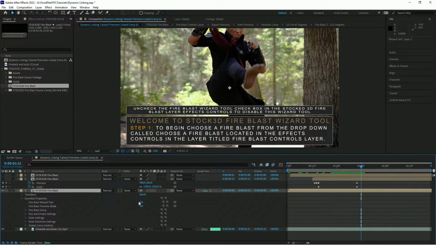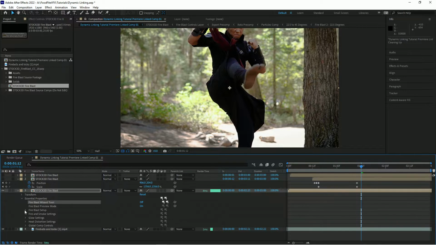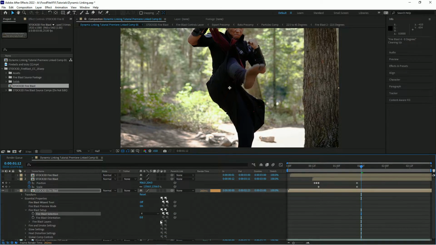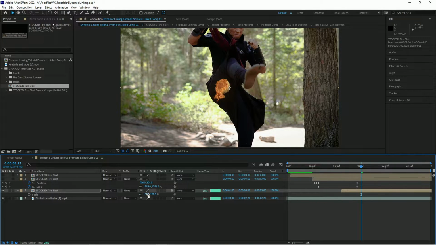So I'm going to drop down the essential properties again. I'll shut off our wizard tool. I'm going to choose Fireblast 4 now, which is kind of like a kick Fireblast. You guys can see it's got that upward trajectory. I'm going to move it until right before it starts traveling forwards, and then I'm just going to orient it not to 90, but right before 90. I'll scale it up,